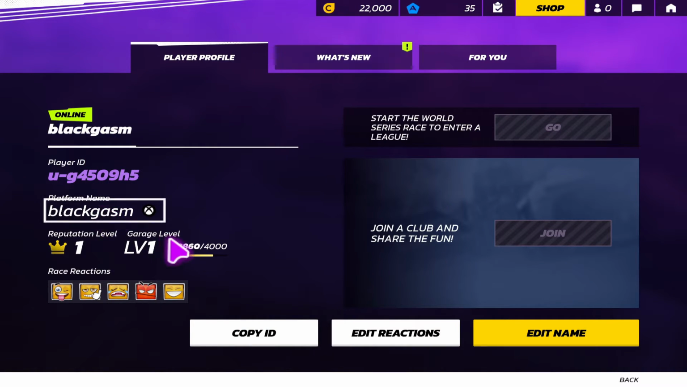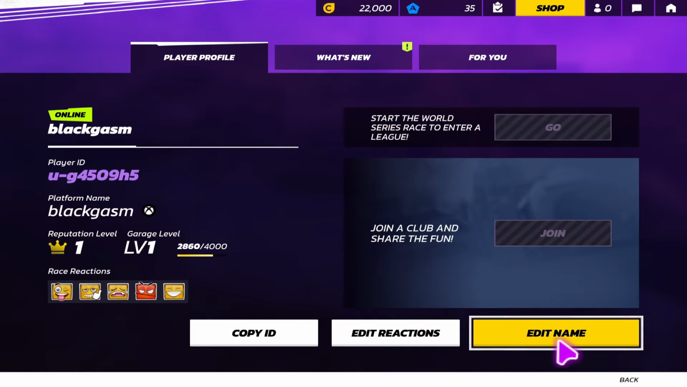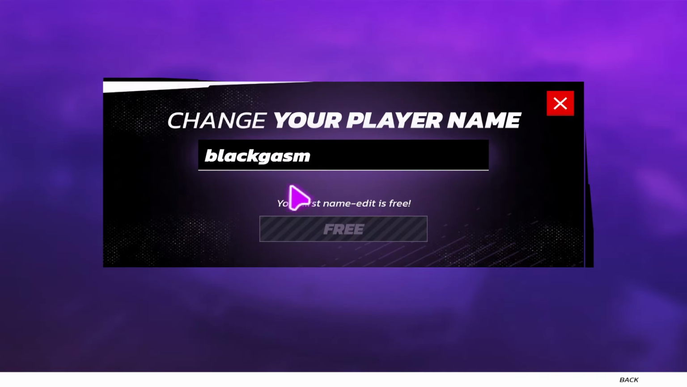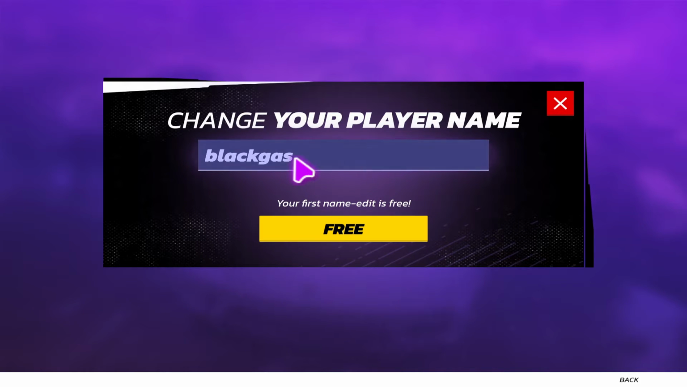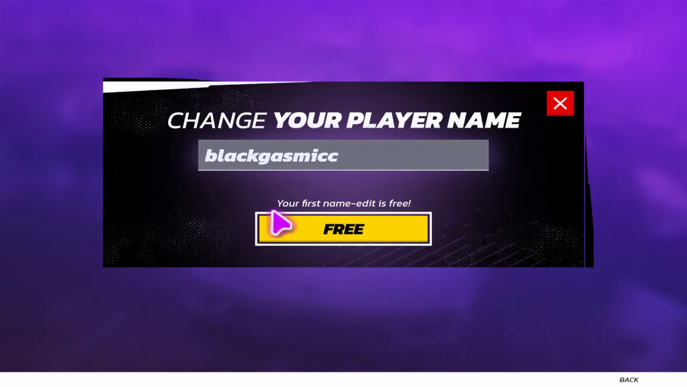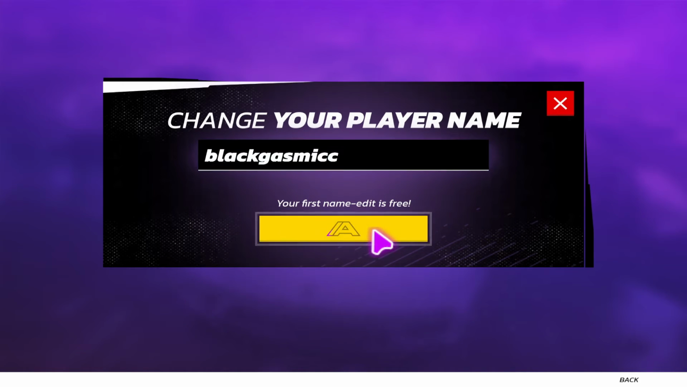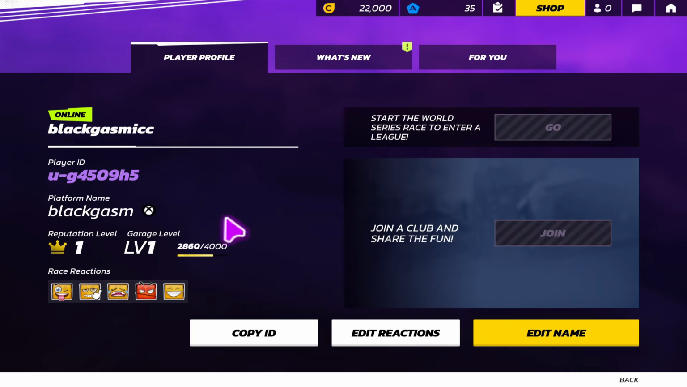In order to change this, go ahead and tap on the Edit Name button at the bottom right corner, and you will now be told that your first time editing your name will be free. So if you wish to proceed, then simply tap on the name box and then type in your desired name. After tapping on the free button to confirm your name change, your username will now be changed within the Asphalt